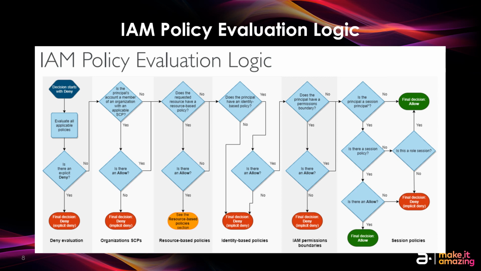So anywhere in this graph, if you have a deny, if you are not allowed, if you are not the user they are looking for, you won't be able to access the resource. So this is how much security AWS has given to the services and to who all can use it.